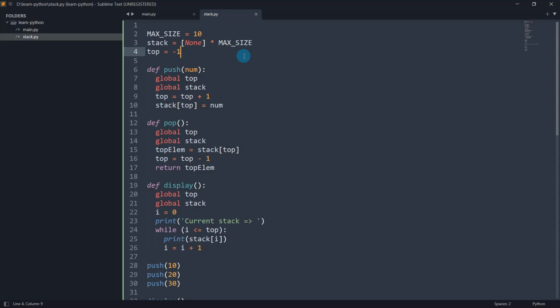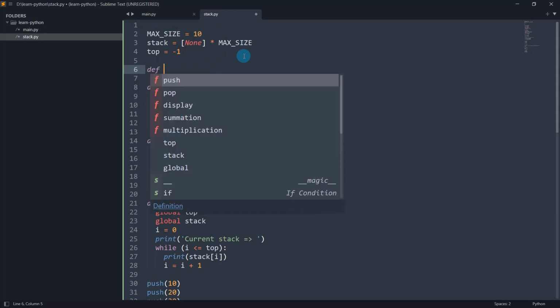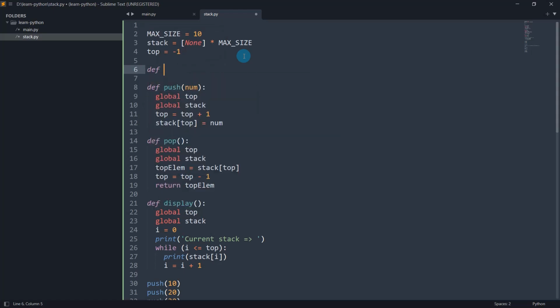So what are the possible scenarios where an error can occur while doing operations on the stack? One is if the stack is full and you are trying to add a new element. Another is if the stack is empty and you are trying to pop an element from the stack. You cannot remove an element if there are no elements in the stack. So let's implement those two functions, isEmpty